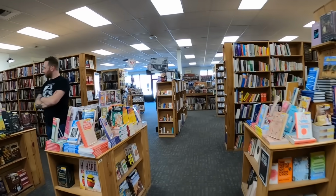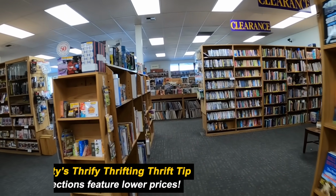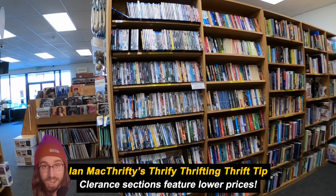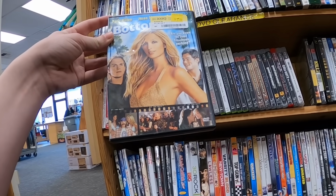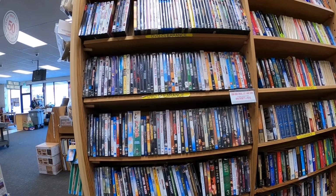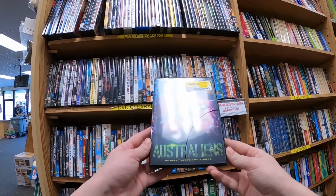The DVD clearance section at Half Price is always worth a look. Definitely swing by and take a look anytime you're there. That's where you're gonna find the good prices. At first glance, it usually just seems like it's full of DVDs that they have too many copies of and they're just trying to sell them off cheap. But mixed in are some DVDs that look like they're just never gonna sell, like this one here called